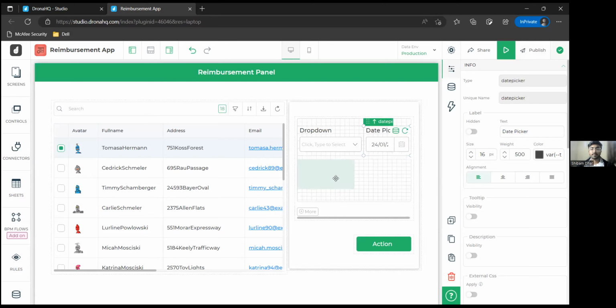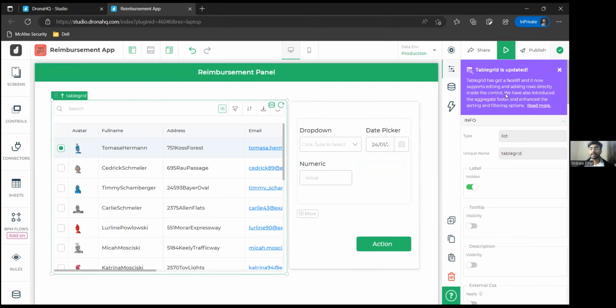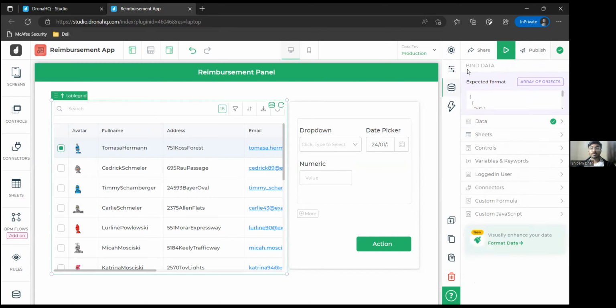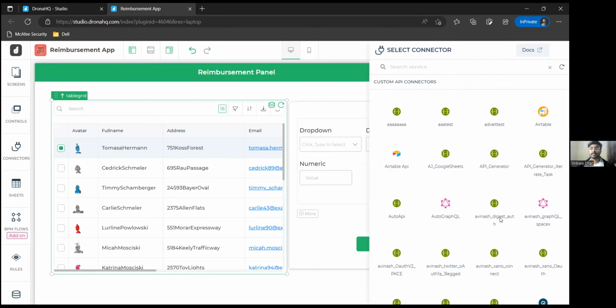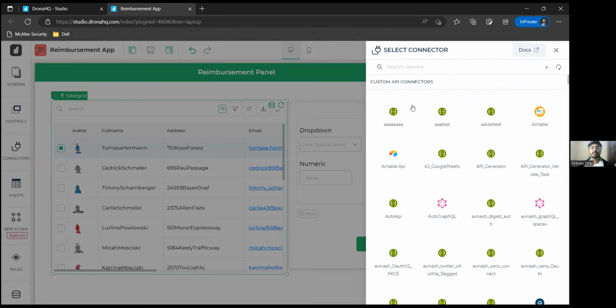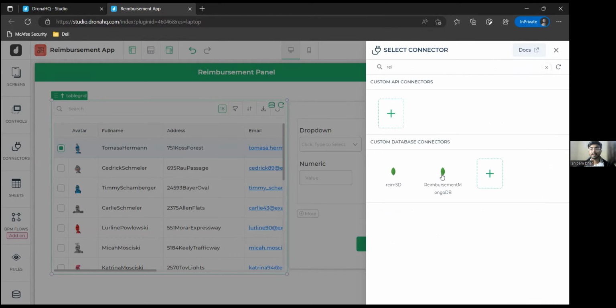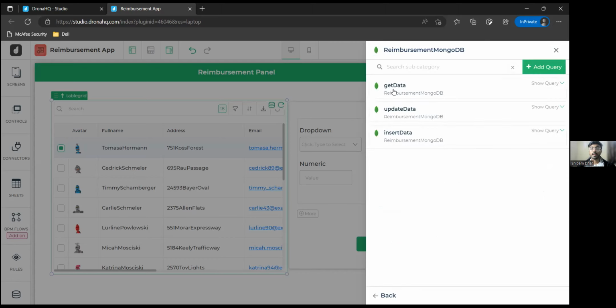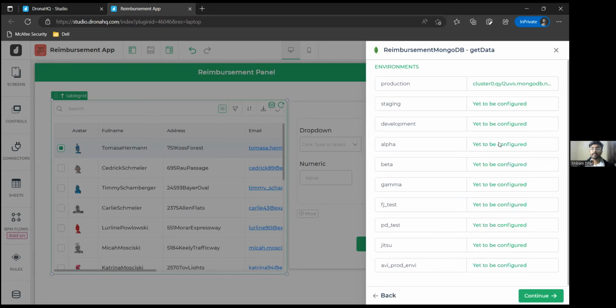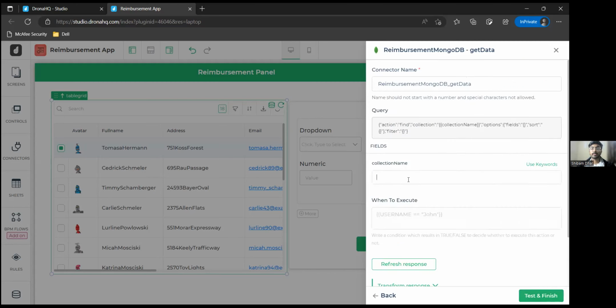So let's move ahead with the table grid. So in the table grid, we need to fetch the details. I'll go to the side panel of data and then click on connectors, and you can do a select connector. Please do a refresh, since I've just recently added all the things regarding a connector. And here is the connector, and this query is particularly what we need. Let's do continue. So here the collection name, for now I'll put it as Shubham,